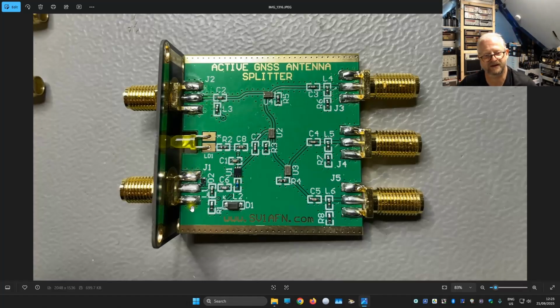Well, I put it exactly the same. We have here the input. We have a diode for the turnaround, probably for the polarity. We have a C here. I do have a little coil here, and this seems to be then the U1, the amplifier, the LNA, and